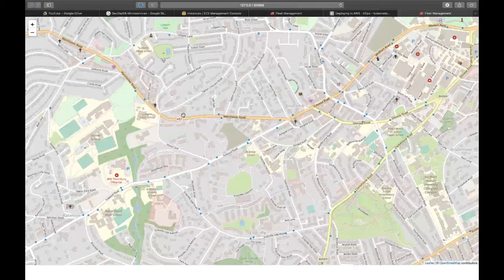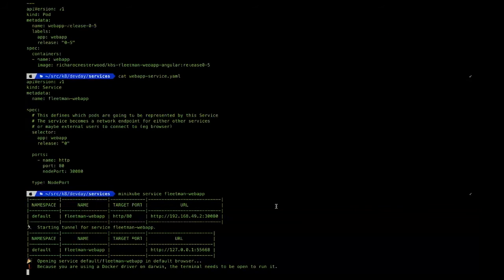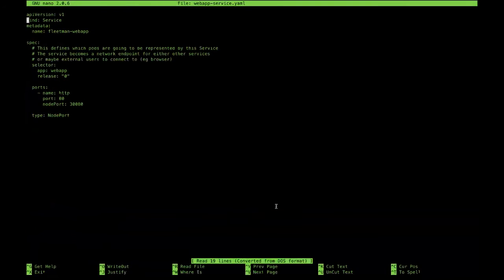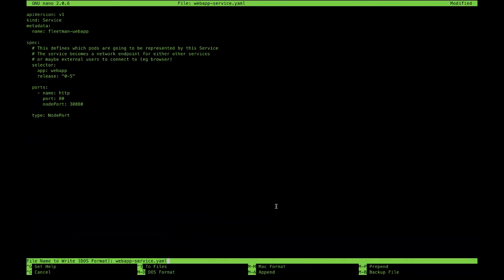In microservices, one aspect is that you are rolling out your versions very rapidly. So I'm going to stop this. And in the service file, instead of release 0, I'm going to take release 0.5. That's all I'm doing. So let's roll out this version as well.